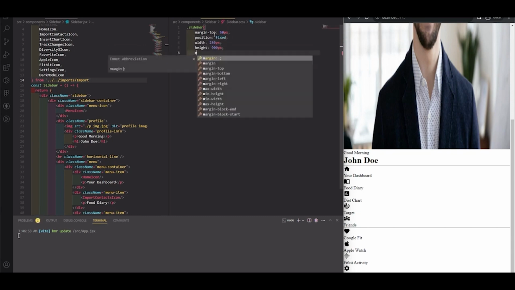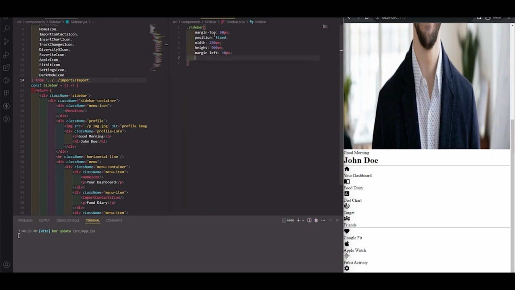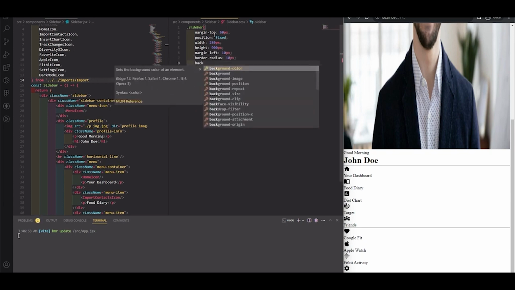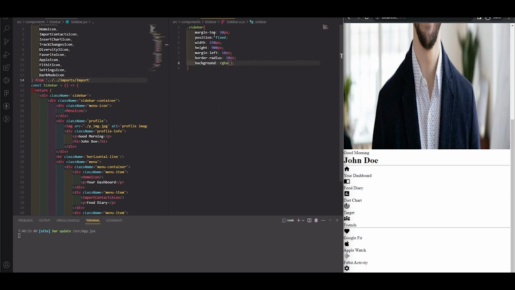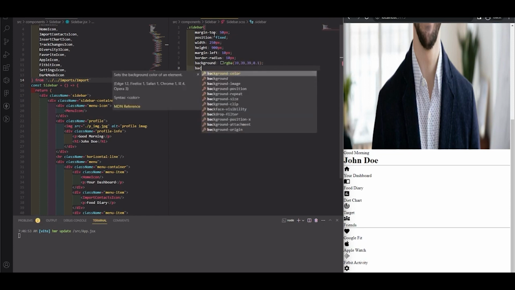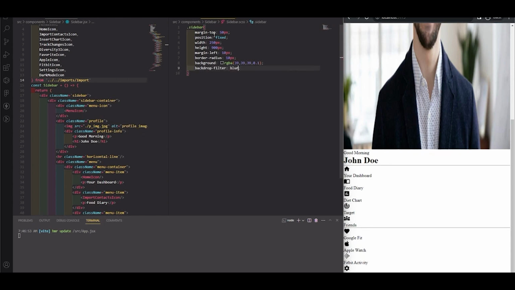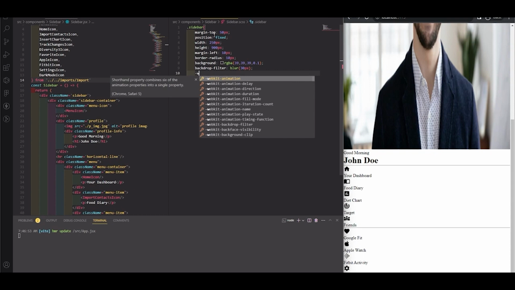Okay, and margin left as 10 pixels, border radius 10 pixels, and background is RGBA and 39 and 0.1. After that we have backdrop filter, this one, and right here blur and 30 pixels blur, and use